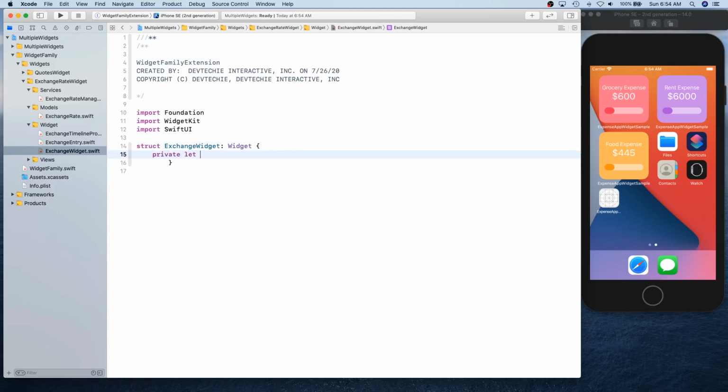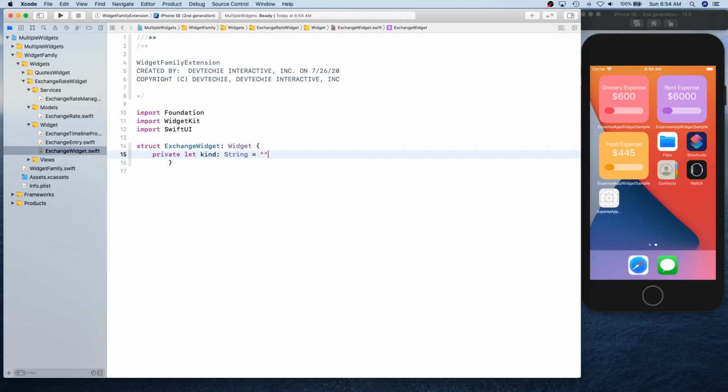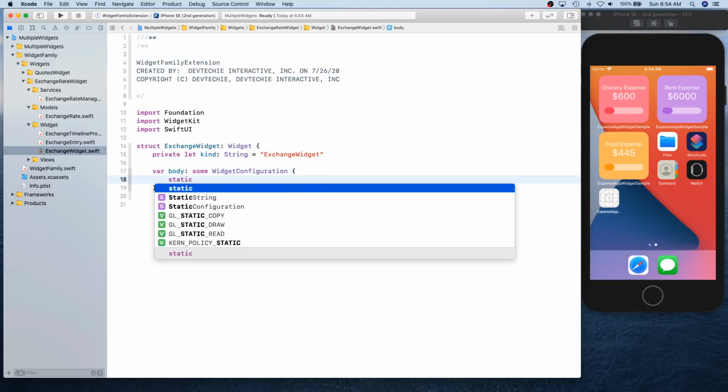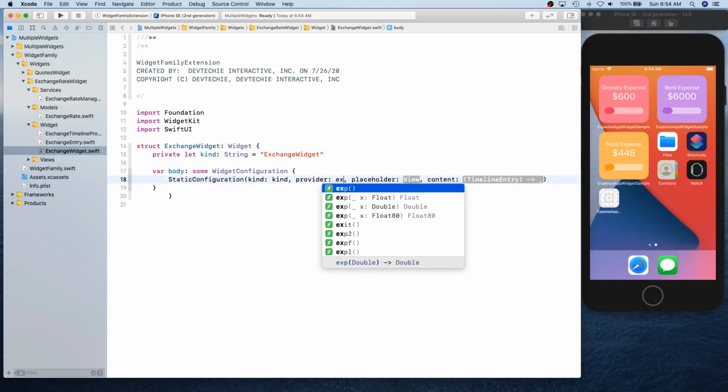So private let kind: String is "ExchangeWidget", and we need body, and this is going to be StaticConfiguration of kind. Timeline provider we already created, we know that is